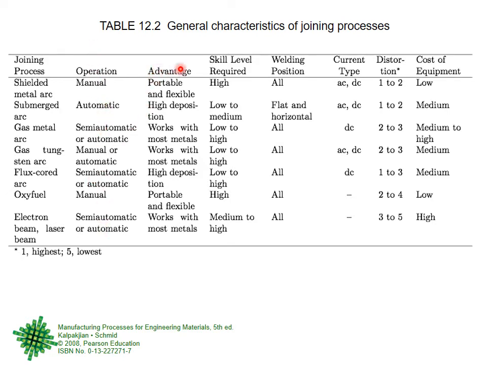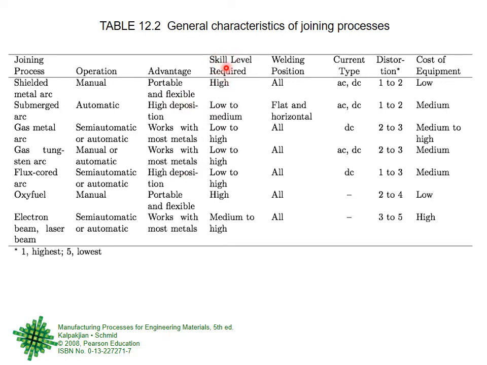What is the advantage? This is portable, can be done anywhere, easily taken to different places, flexible. And this works with most metals, and so forth. So portability is one thing, that the whole welding plant is something that you can take in a small truck or a car, even sometimes if it is a large car, and you can take it to different places. So it is portable. Flexible, it can do horizontal welding, it can do vertical welding, it can do other types of joints. So portable is different, flexible is different, and so forth.